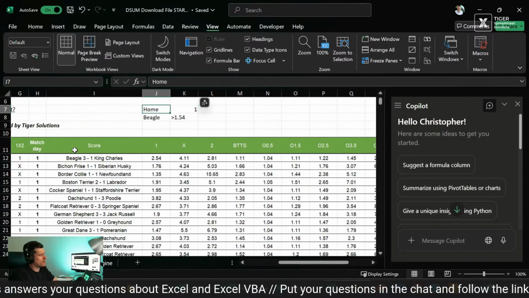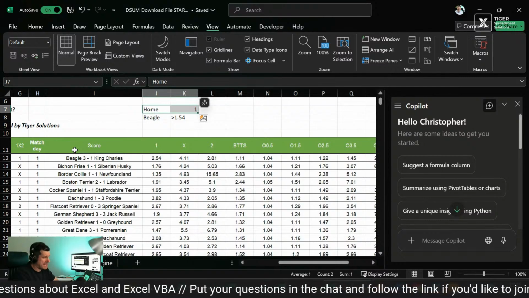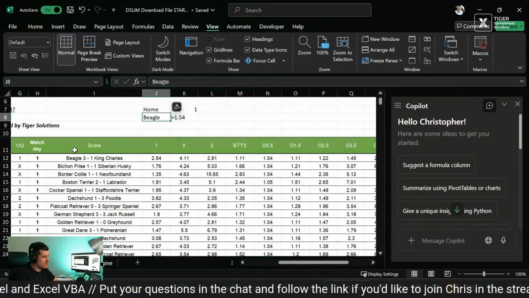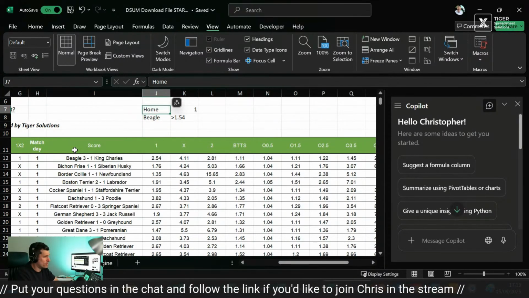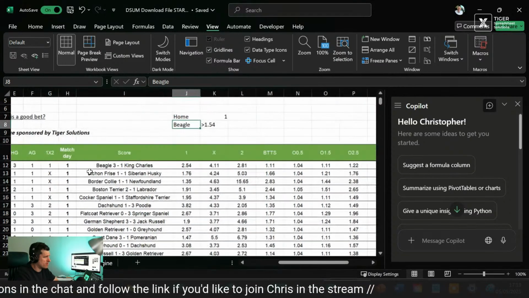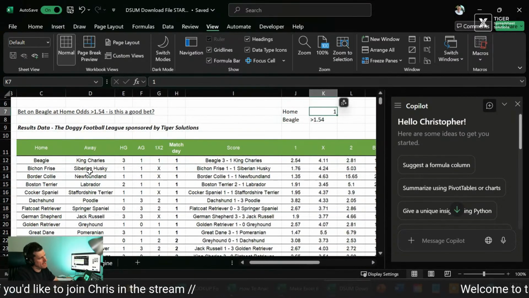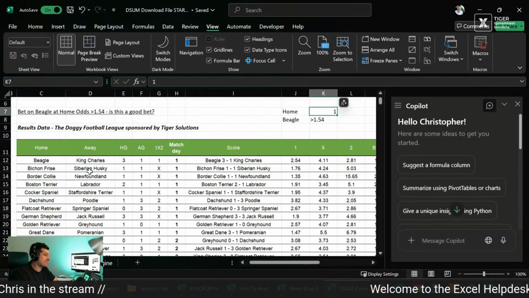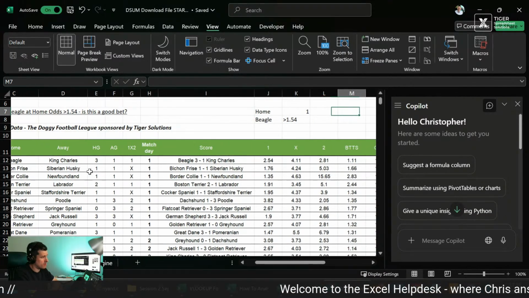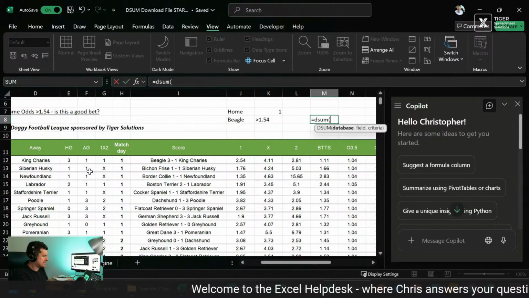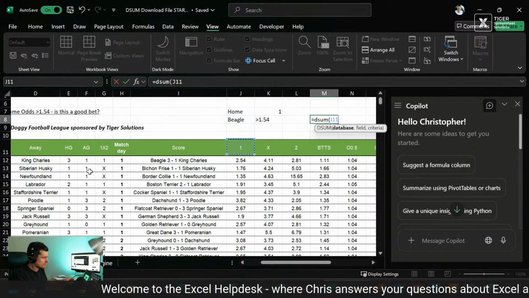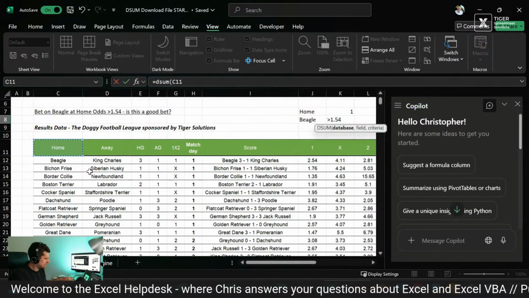Okay, so we've got this basic setup. These are our column headers that are of interest to us. This is the input for this column header, which is the home column, which is down here. This is the input for the column header that we're interested in here, which is the home odds column. So if we have that, we can then say dsum, this being the database,